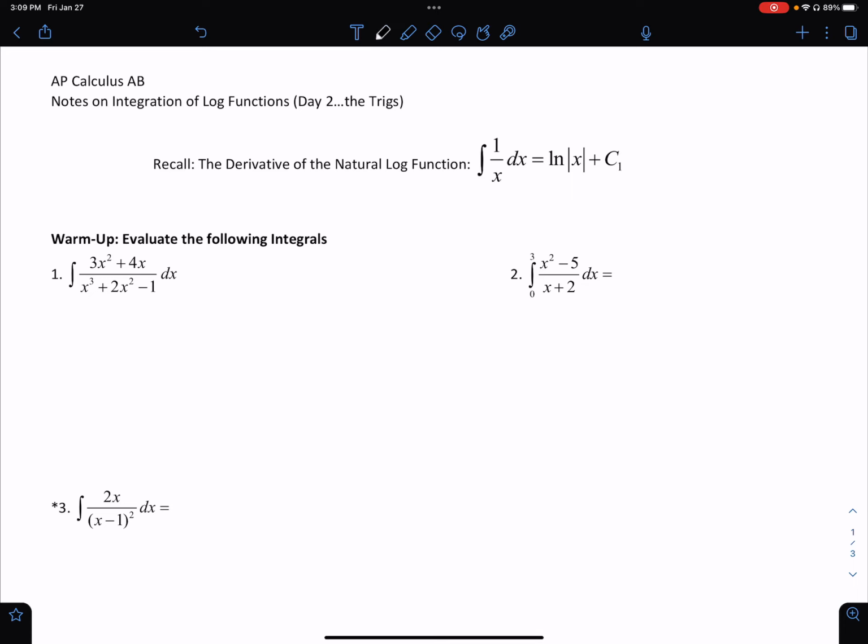Hello and welcome back. Today we're going to take a look at integration of the natural log functions, but this time we're going to take a look at what happens when we have trigs. So recall